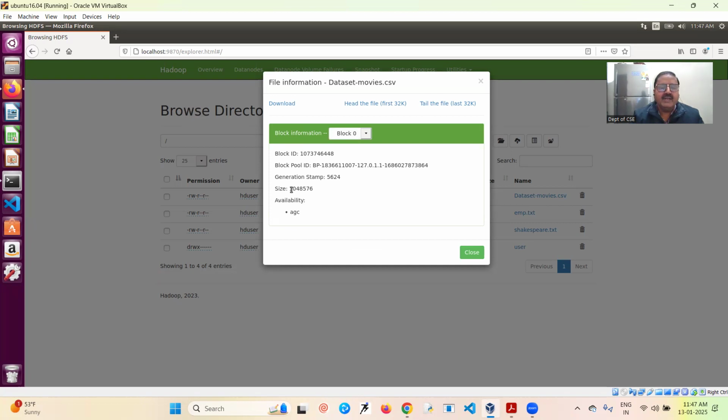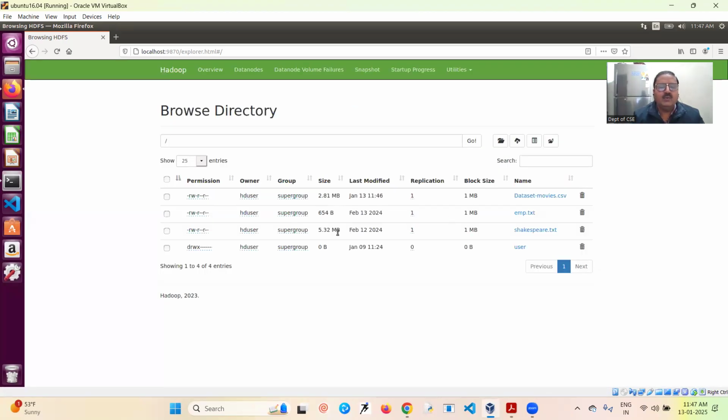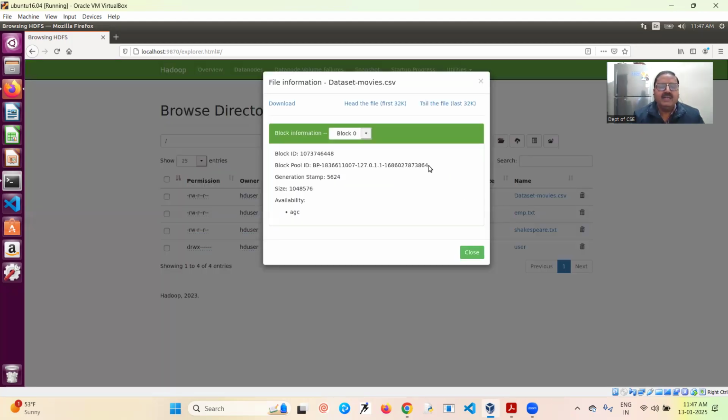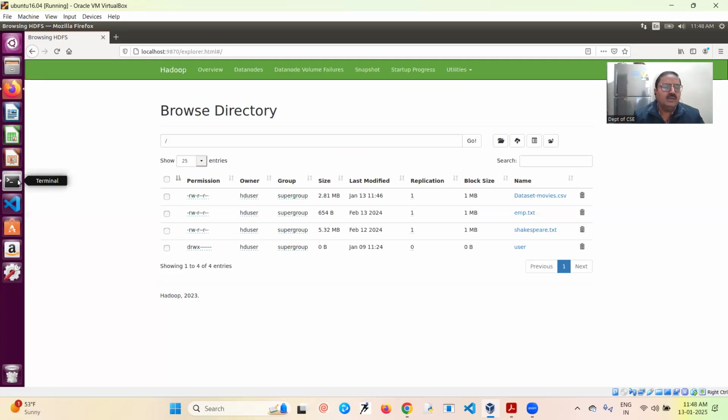Block 0 is 1 MB. I hope you can see it on screen. If you look at block 1, this is the second block, again 1 MB, and the third block is 845421 bytes. So as I told you, the file is split up into blocks depending upon the block size of the cluster. Since the block size is 1 MB, a 2.81 MB file is split up into 3 blocks: 2 blocks of 1 MB each, that is block 0 and block 1, and the third block of the remaining size. Let's now store a bigger file, and before I do that, I will tell you